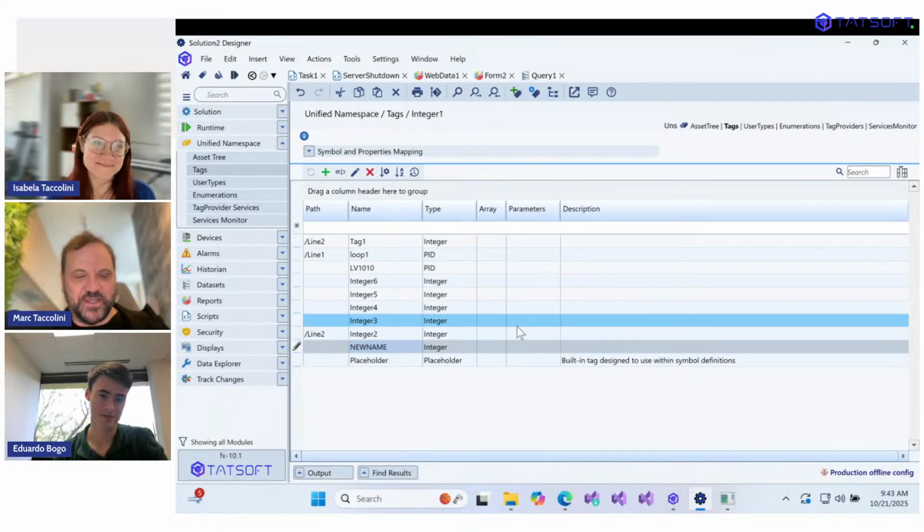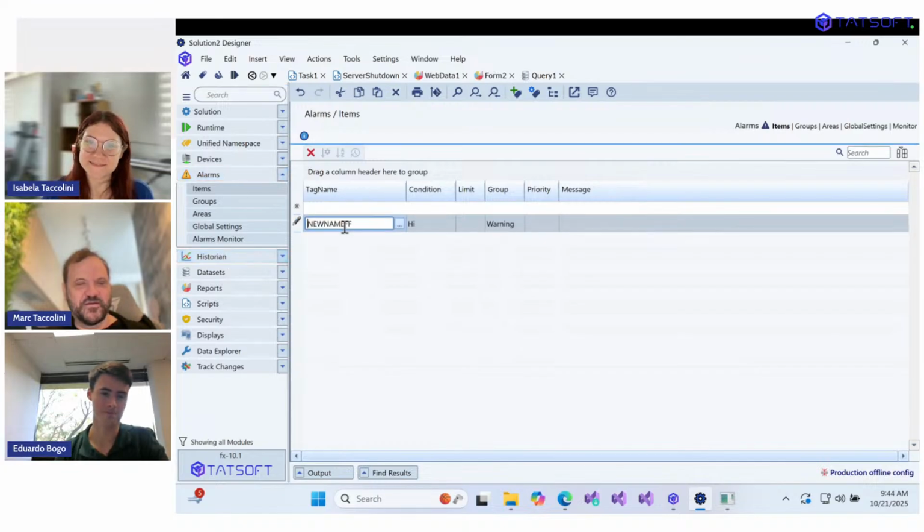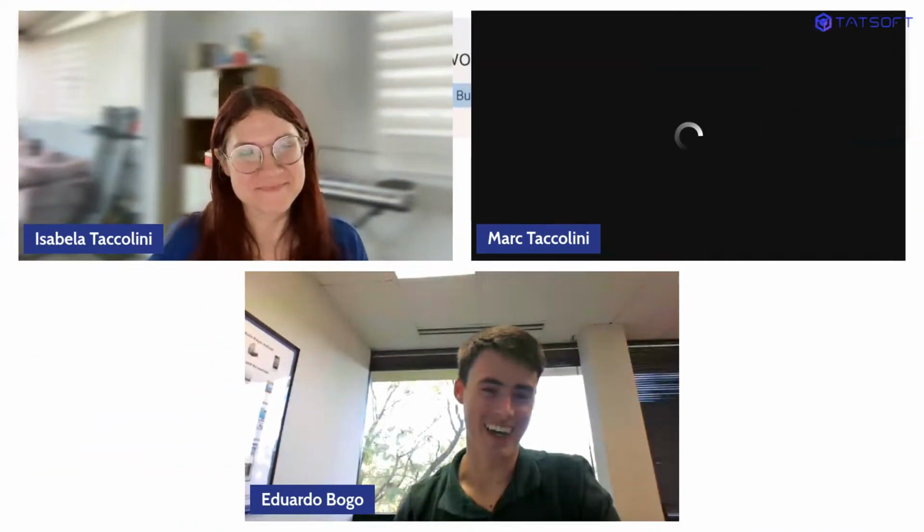Just put a new name here? Yeah. But what if these tags are being used in scripts, displays, code, everything? It will automatically be renamed in the whole solution. Oh yeah, how is that possible? What's the trick behind the scenes? And also,